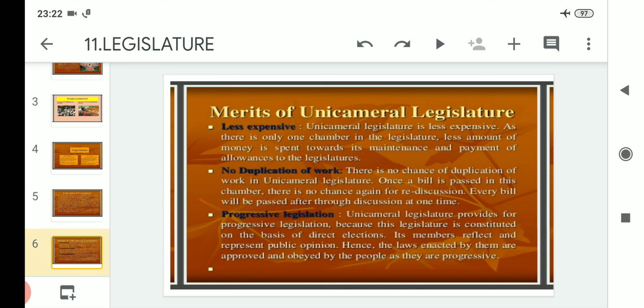it is supporting progressive legislation because of the fact that it is constituted on the basis of direct election. So, whatever members are elected, they are elected on the basis of direct elections. Its members reflect and represent public opinion. That means,